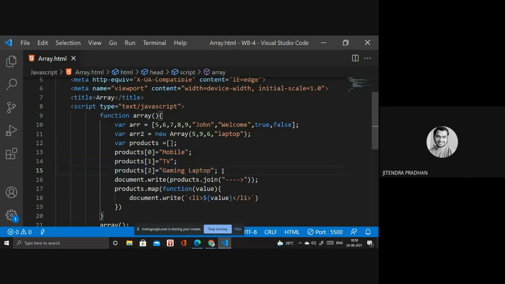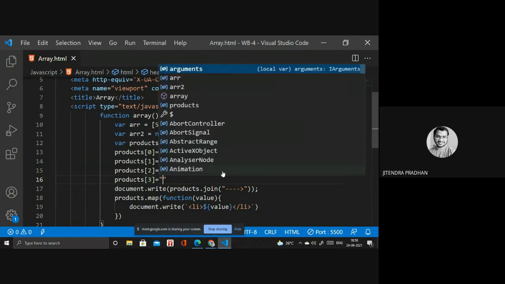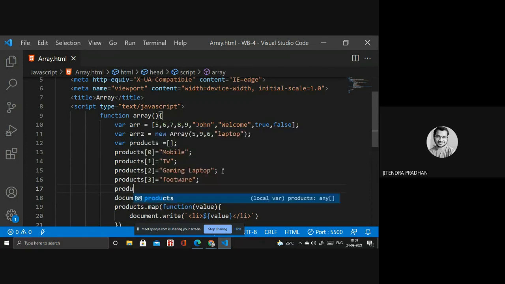Let's see, if I write products, p equal, something like mobile device, an electronic device, whatever is there. Okay, I will write another name as well. So it's a footwear product.